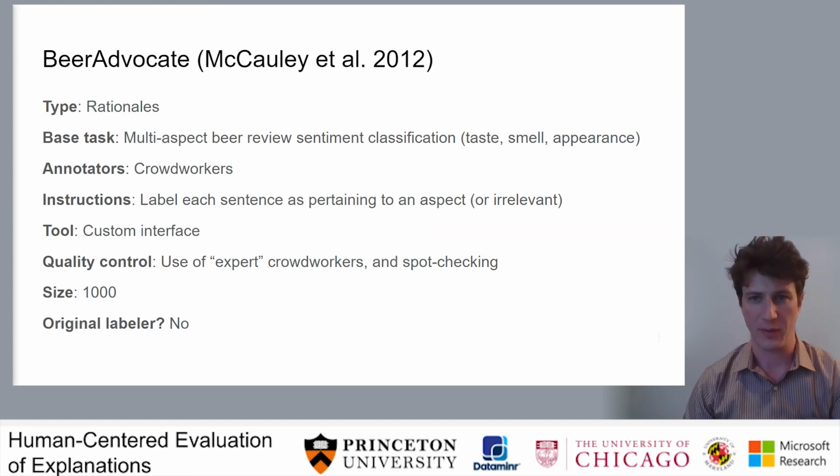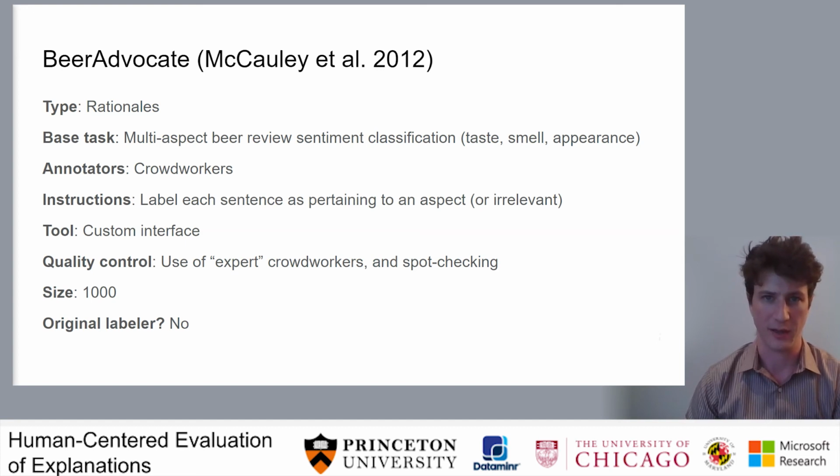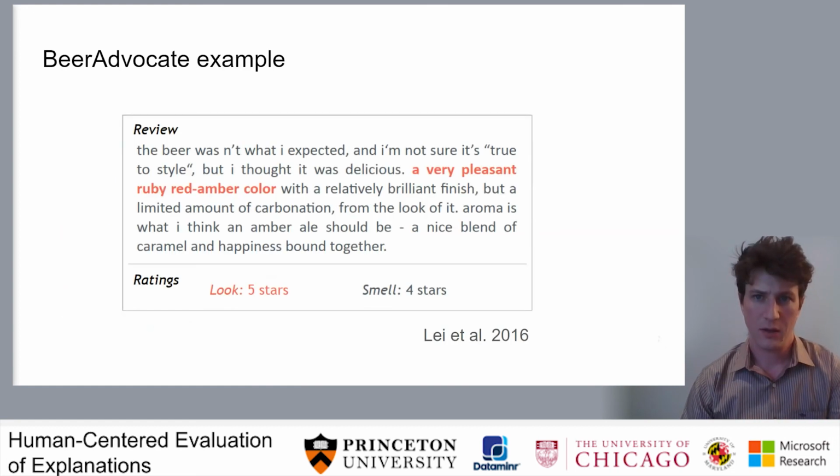The first one that I'll mention is the BeerAdvocate dataset released by Julian McCauley in 2012. This dataset took a small sample of an existing dataset of multi-aspect beer reviews and had human annotators identify the sentences in each review that pertain to each aspect, those aspects being the taste, smell, and appearance of each beer. And here is an example of the result taken from a later paper. You can see here that the review covers multiple aspects of the beer, only some of it pertaining to the